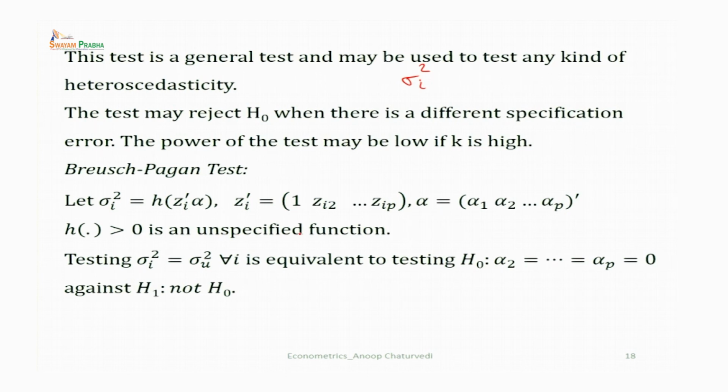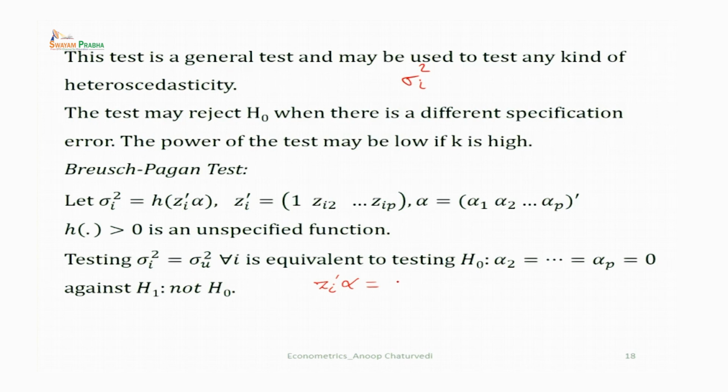Then H is some unspecified function, but of course, H is greater than 0, because H of Z_i transpose alpha is the variance sigma_i square, and variance is always greater than 0. Then our objective is to test sigma_i square is equal to sigma square for all i. Now, this is equivalent to testing the hypothesis alpha 2 equal to so on equal to alpha p equal to 0, because under H naught, if alpha 2 so on alpha p are equal to 0, then